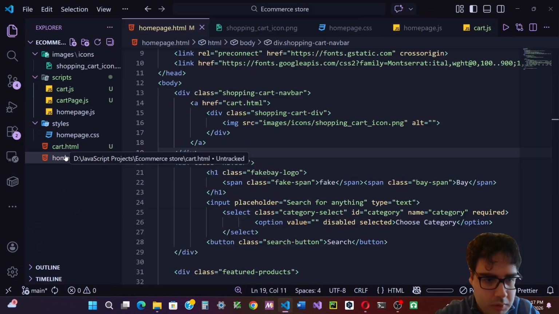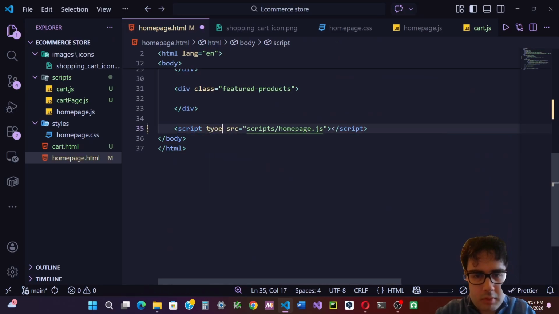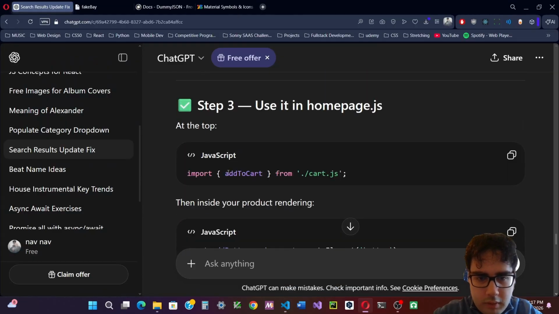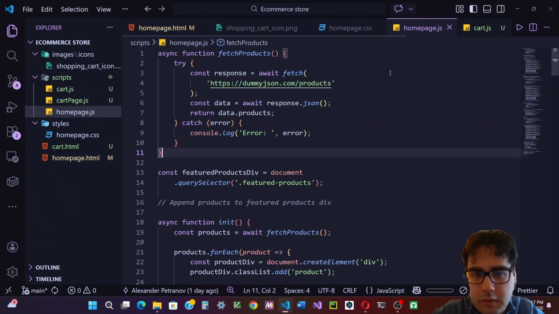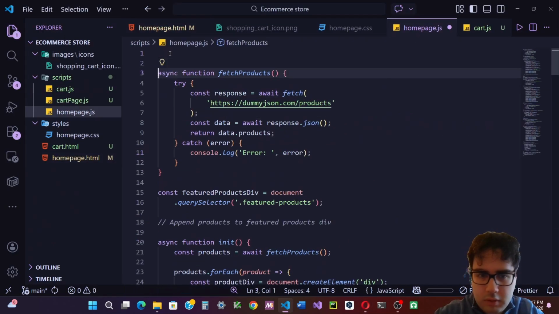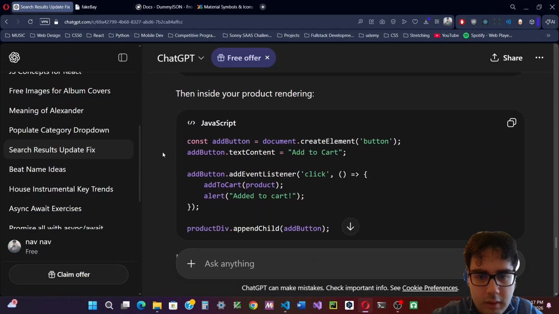Yeah, so here we've got to type module, and then using a homepage.js, import add to cart, and then